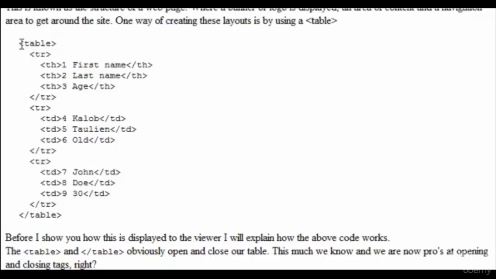Now, the most important thing about tables when you're writing one out is that you always have to have a row before you can have a cell. So take some time, play around with that. I would strongly suggest just opening up your editor and messing around with it. Make mistakes so you learn exactly how it works, exactly how it doesn't work, and you can get a grasp of how the HTML hierarchy will work. Along with that, it will also help you remember which elements go where inside the table.